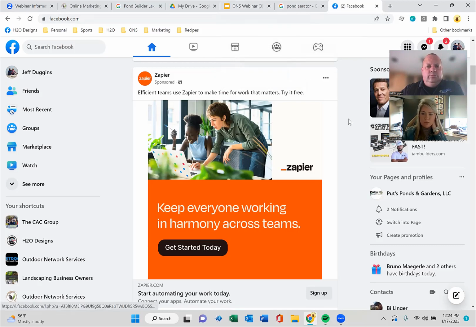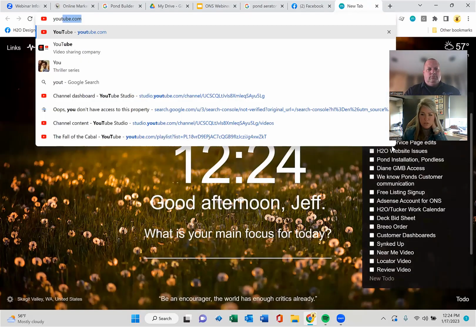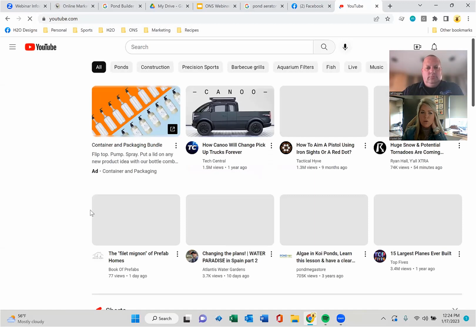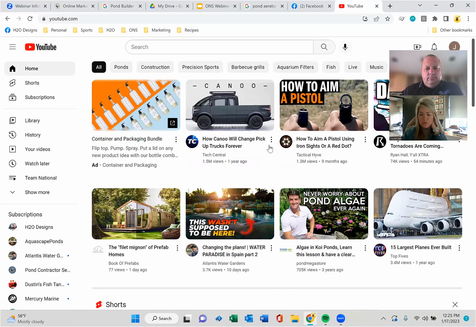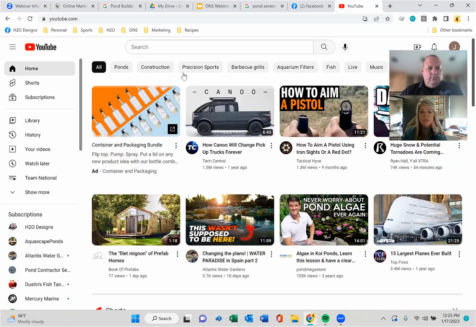When you think about display, $15 to $20 per thousand is usually about what you pay for impressions. And when you think about video, if you want to open YouTube, it doesn't have to be just YouTube, but YouTube is the giant for watching video. Even a lot of websites where video is placed are actually housed through YouTube as well. If you were to click on anything here, you would see that ads are also delivered on the outside of these, and they're also delivered when you're watching the video.